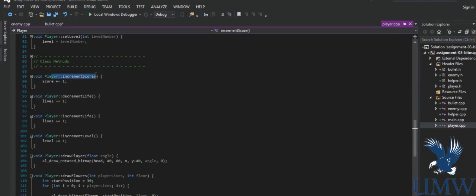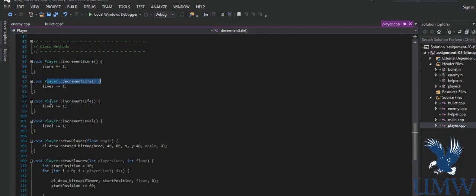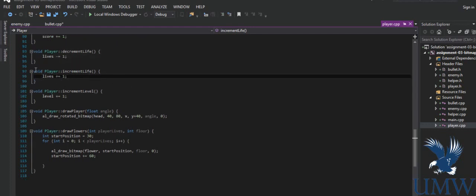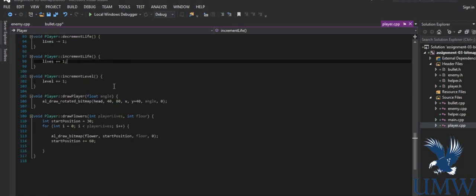So we can increment the score every time we hit a ghost. Every time we let a ghost go by, we're going to decrement our life. And I was going to make those little 1-up mushrooms that very rarely come down. Again, one of those features that I ran out of time for. I thought it would be fun. Not required, but that's what this was for. I figured, 3 lines of code, I'll just write it and use it when I get there, but it didn't happen. And then incrementing the level,